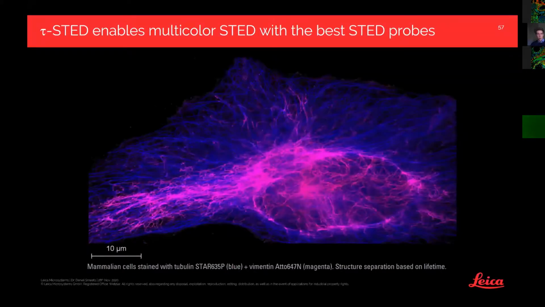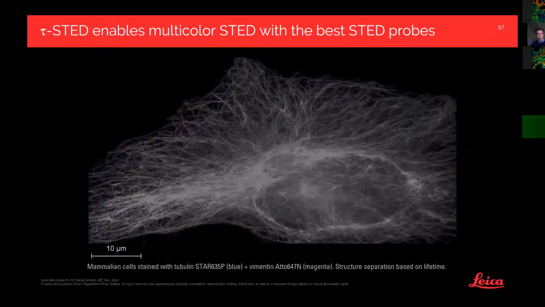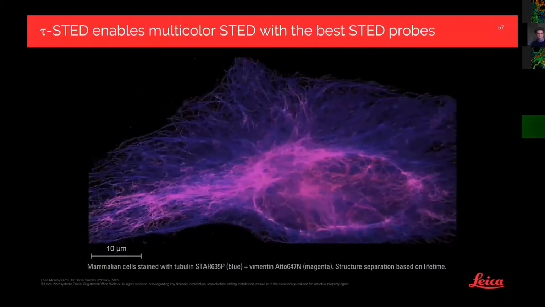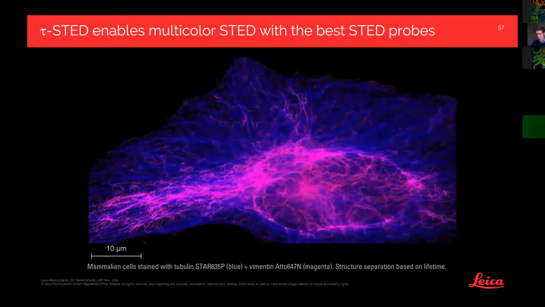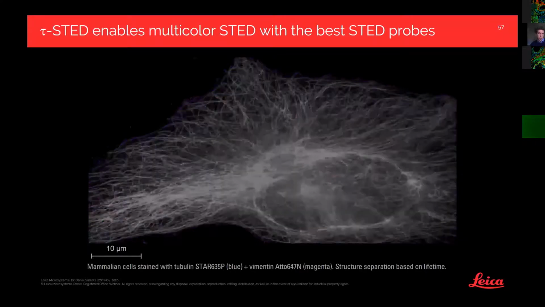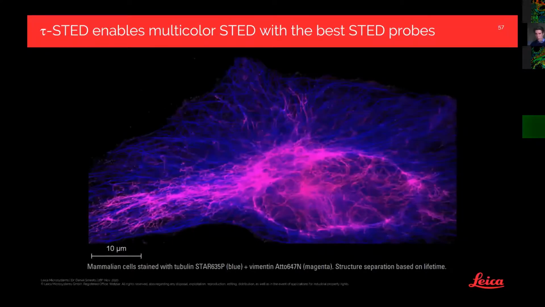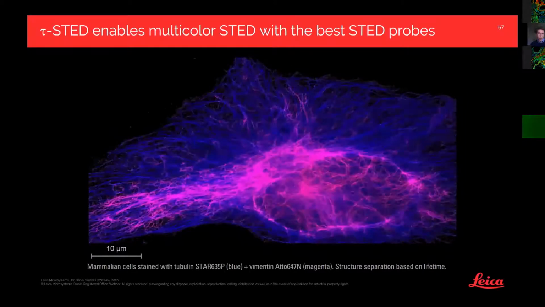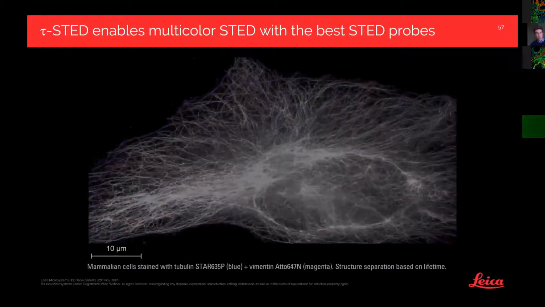And last but not least, one example where 2 dyes have been used, Star 635 and Atto 647, both of which are brilliant STED dyes. However, they overlap almost completely spectrally. And here, lifetime information has been used to separate them. And actually, this was a rather crude separation. So if you do it the way Mariano showed it, you would be able to separate them much more smoothly,